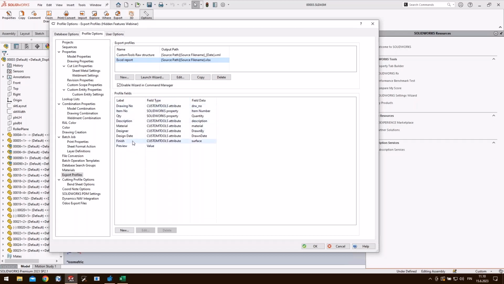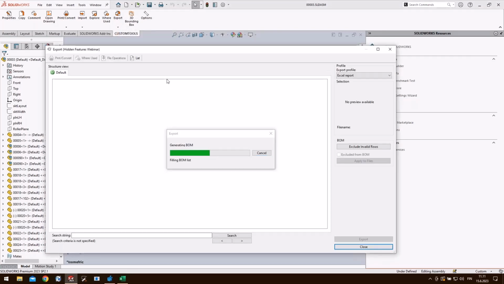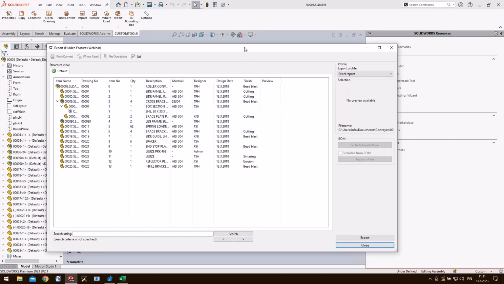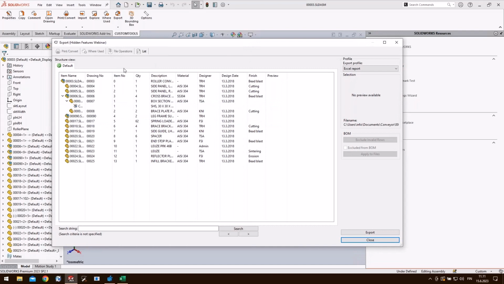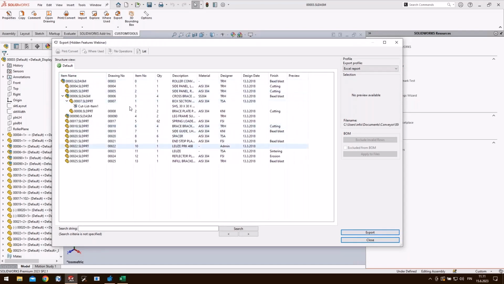So this defines the columns that appear in the Excel, as well as the order of them. If we export this to Excel, we can see that now here are the same columns that were in the settings. But let's say that in my preferences, I would like to see this column, like all the content. For me, the meaningful things are description